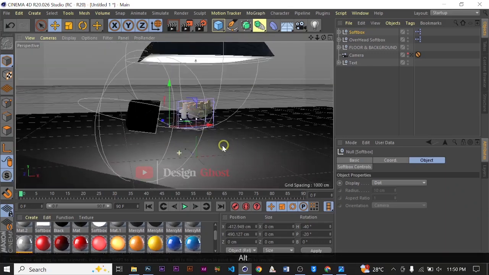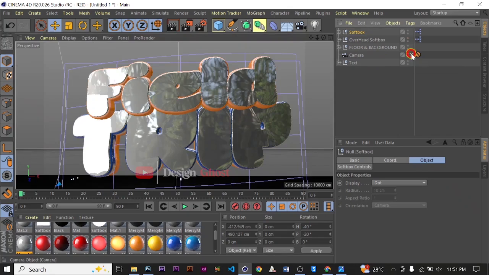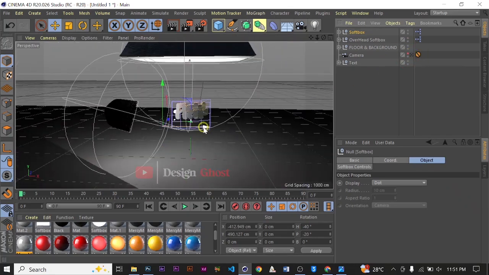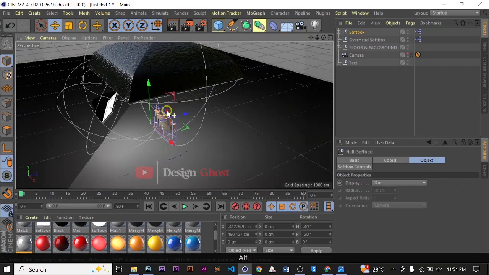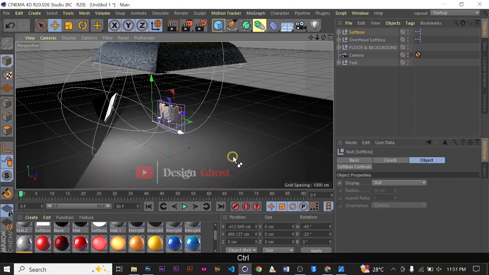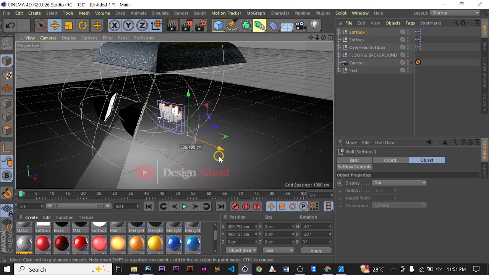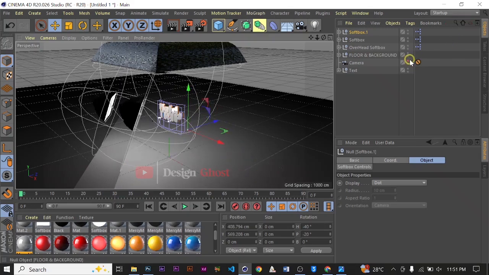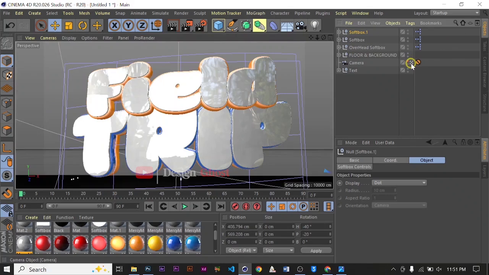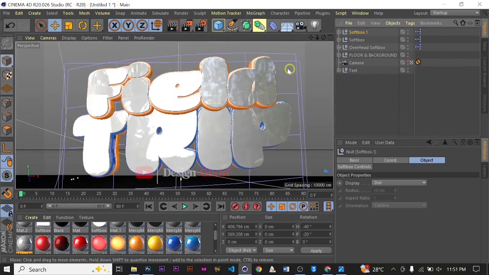let's check our camera to see if none is intersecting or interfering. Okay, so you can duplicate that. You can duplicate by holding Control, duplicate the softbox. But while you position it, you make sure it is not interfering with your camera. Good. And now if you look at it, there is a bit of shadow here, so we can bring in